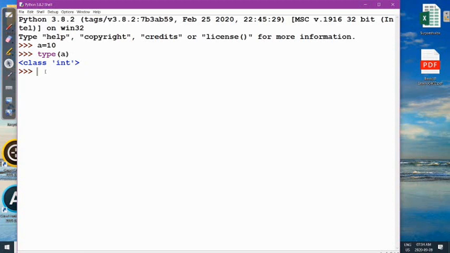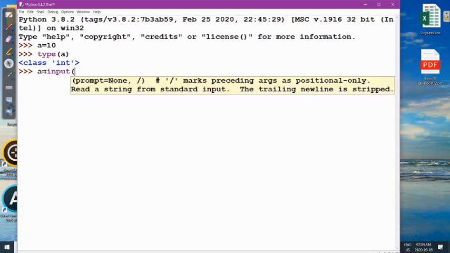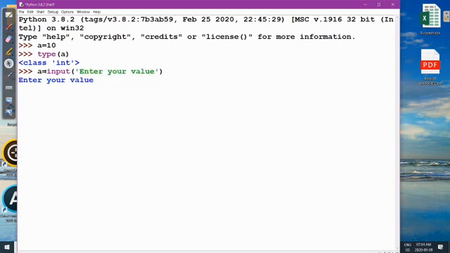And if you are going to accept a value from the user, then we will use A is equal to input, then single quote, this is the message, "Enter your value", and then closing single quote, and then enter.